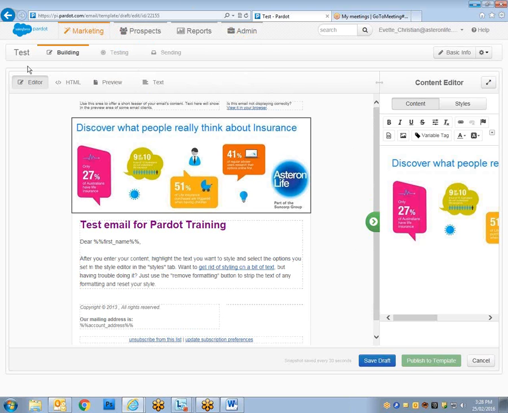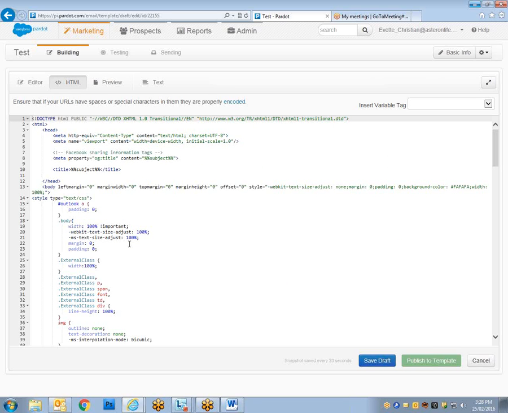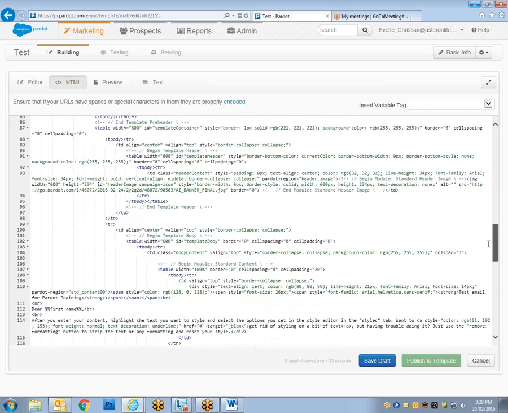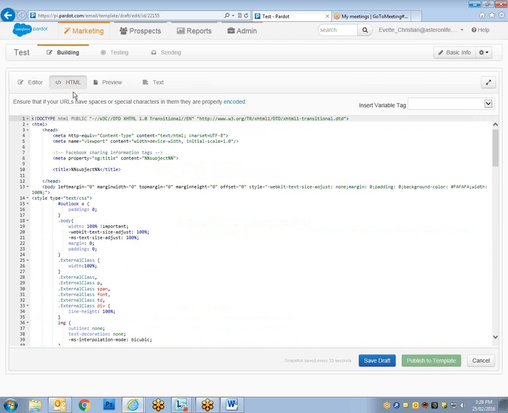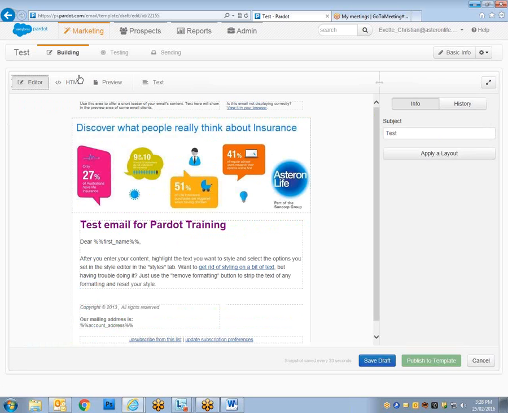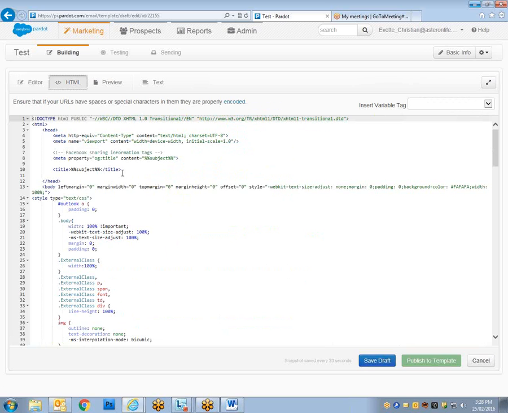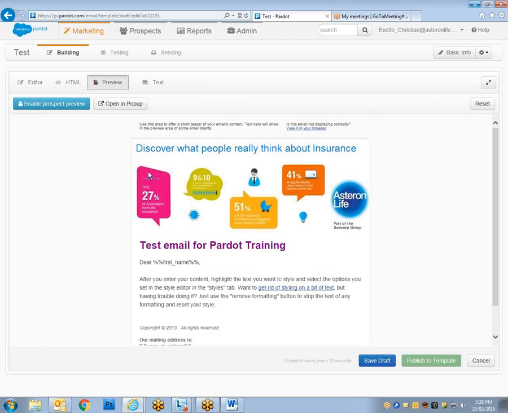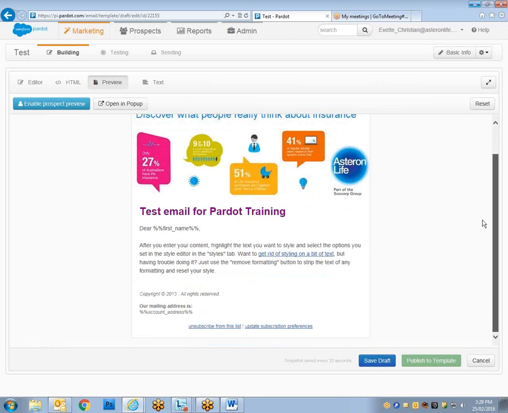So if we go up here in the editing pane, we're right now in the editor, so that's like building the communications. HTML, you don't need to worry about this, but this is all the code in the back end. It looks very funny, but that's just telling Pardot what to put in the final version in that screen here. So that's telling it the font color has to be purple, etc. But you don't need to worry about that. Preview is if you want to see what it looks like. So you get the view here,